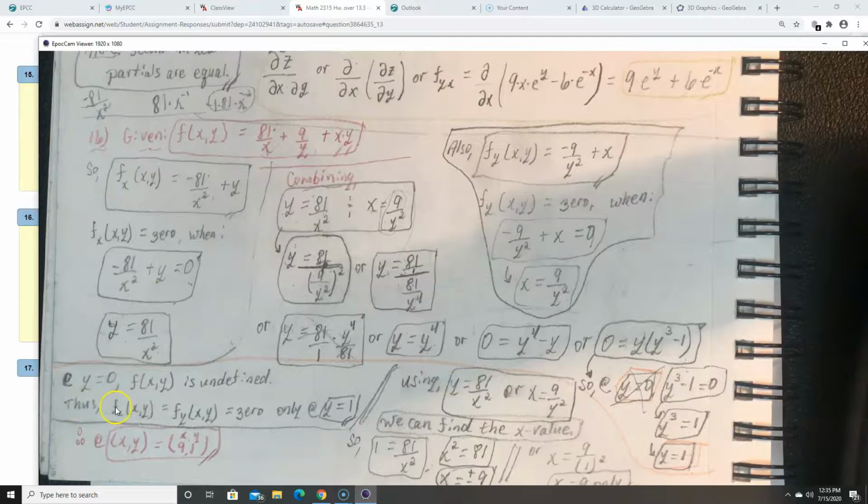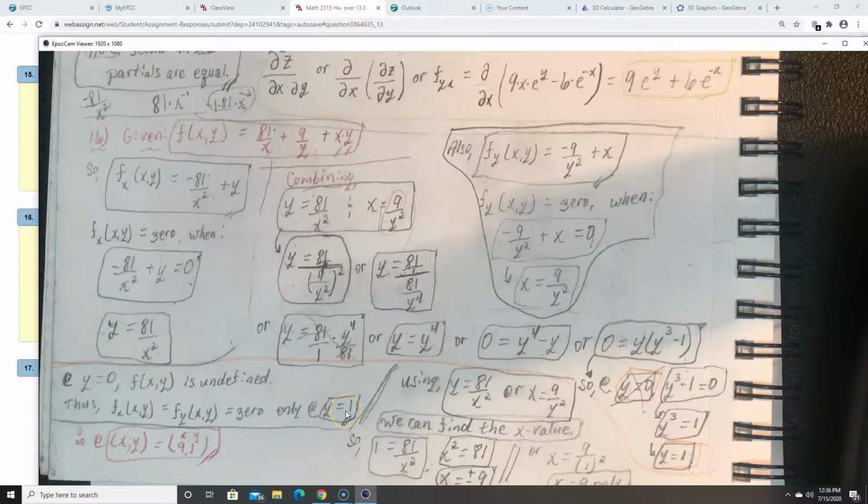Thus the partial derivative of f with respect to x and the partial derivative of f with respect to y can equal 0 only at y equals 1, unless we find out there's an issue with that as well. Well, if you put a 1 there, that's okay. 9 divided by 1. If you put a 1 there, that's okay. You're not going to get a division by 0. So